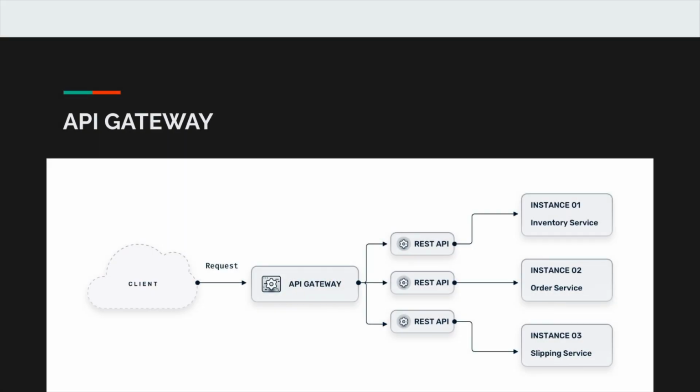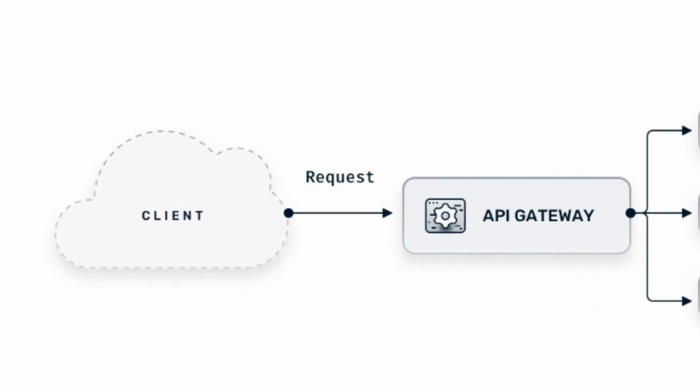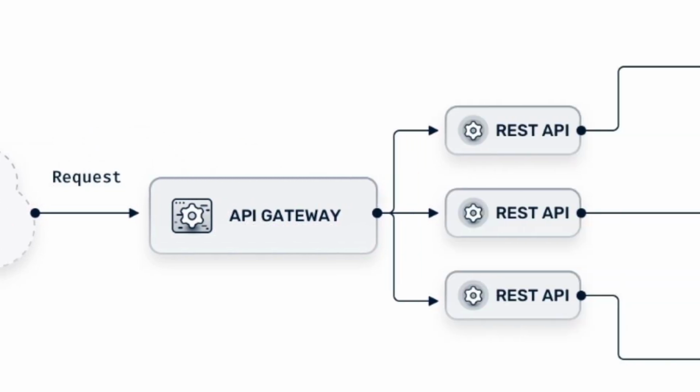So right now we get to know a little about API gateways. Deployed at the edge of your infrastructure, an API gateway acts as a single entry point that routes client requests to your backend microservices. Essentially, an API gateway is a reverse proxy handling incoming user requests. So as we can see in the picture over here, we've got the clients making the request that is received by the API gateway, and then it routes the requests to the REST APIs that it is configured with based